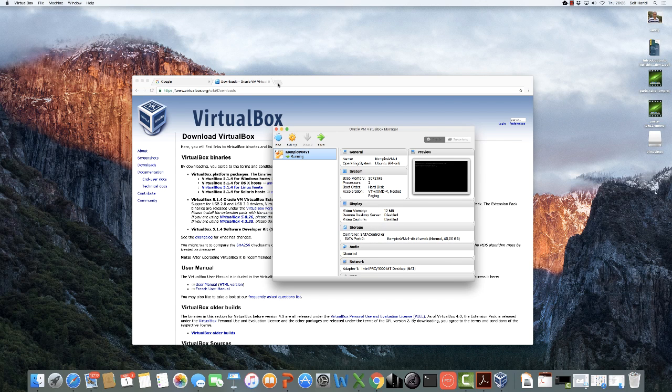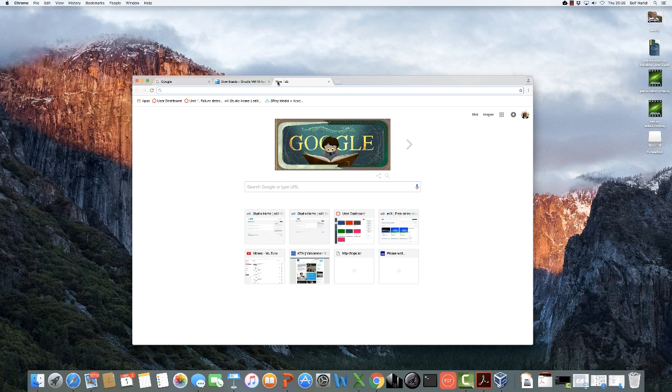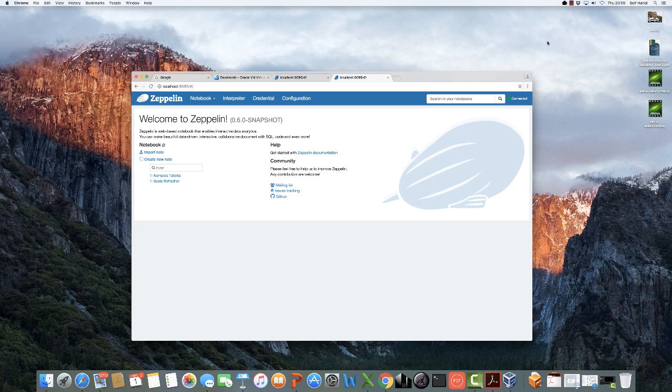All right, since 8080 is free, let's just go ahead, localhost 8080. So here is the welcome page of the Zeppelin Compix image. And as you can see here, there are a few examples. There might be more examples when you actually download the release version of this image. But as you can see here, we really recommend you to go through these notebooks, the Scala Refresher and the Compix tutorial,